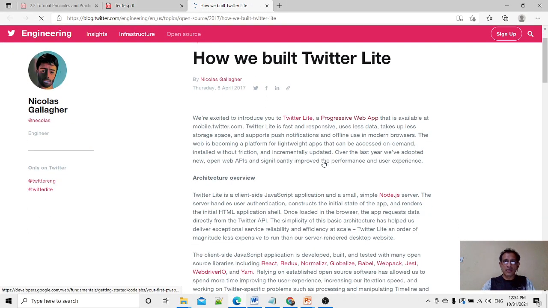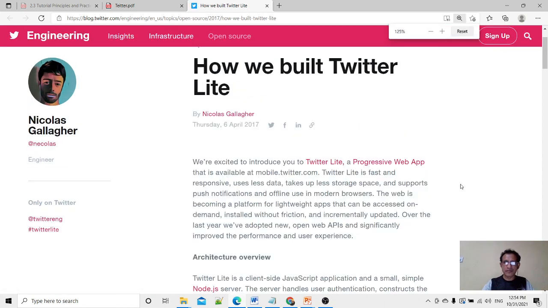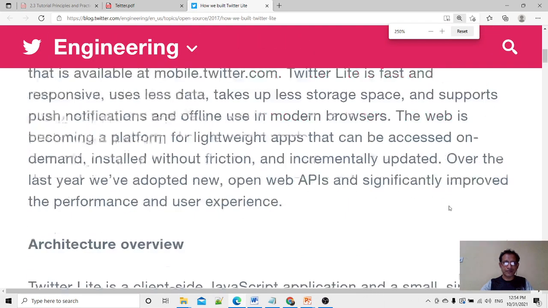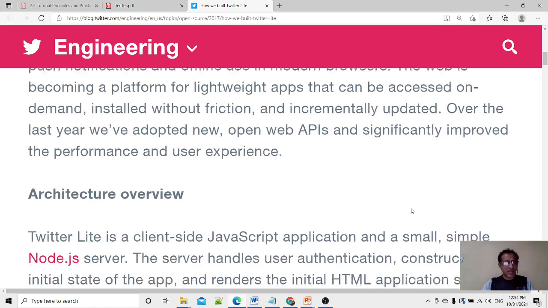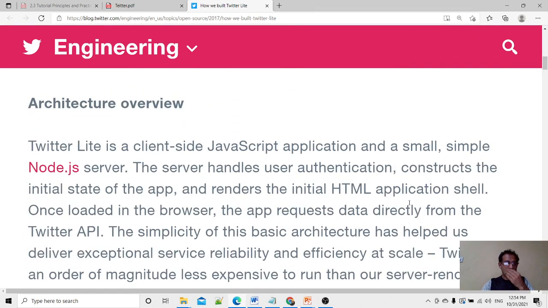Particularly on this, Twitter is built with the architecture. Comparatively, in this overview, I can just say that this is a JavaScript application, small and simple, right? It's a Node.js server. At that time they did not concentrate much on security, it was not the DevSecOps systems, because they just had an idea of general communications with SMS